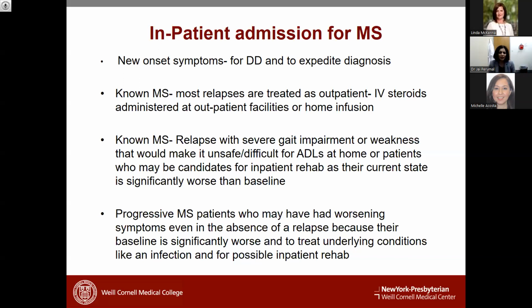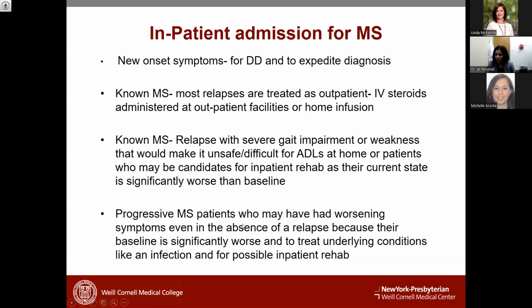So a lot of times, you guys or even residents who predominantly do inpatient, you don't have much of an MS exposure because it's predominantly an outpatient practice. The only instances where they end up in the hospital are due to these reasons. So that's why I emphasize the other part, because it's good to know not just what happens to them in the hospital. So again, most relapses are managed as outpatient, but if it impairs their ADLs, gait, vision problem, and if they'll benefit from rehab, they end up in the hospital.